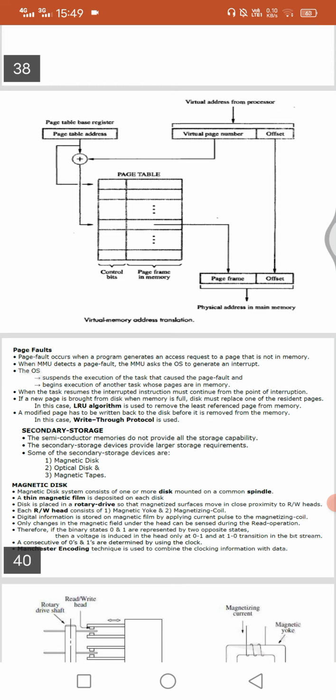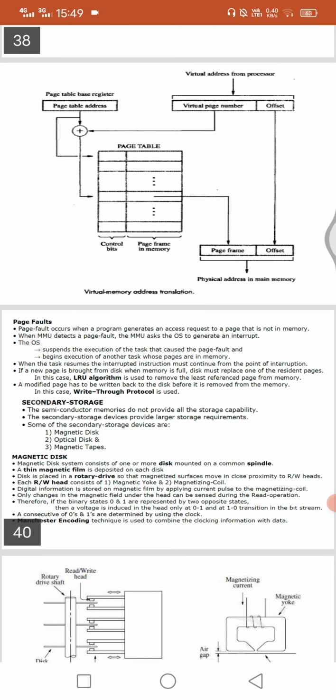When the task resumes, the interrupted instruction must continue from the point of interruption. If a new page is brought from the disk when the memory is full, the OS must replace one of the resident pages.